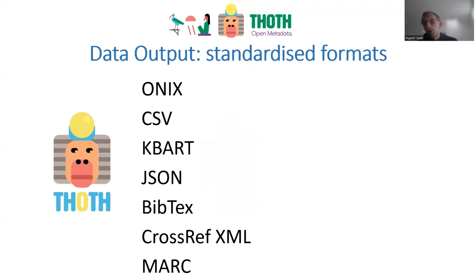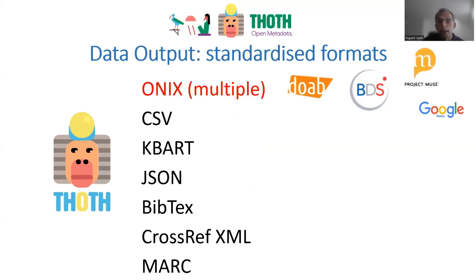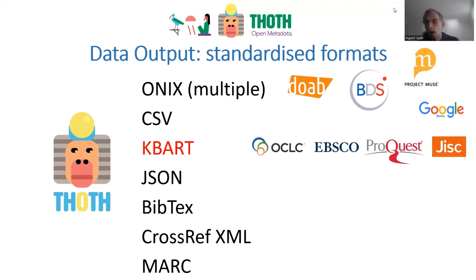And here we have presently several standardized formats of output that can be obtained for each book or collections from the database. So just running through some of them quickly, like ONIX, which comes in multiple flavors. So here we have 4 different platforms, and there's many more actually that take ONIX. But all these 4 take ONIX in a slightly different format. And so we've got ONIX that's formatted in multiple different ways for multiple different platforms. One can output in CSV. KBART is widely used by places like ProQuest and EBSCO, OCLC.